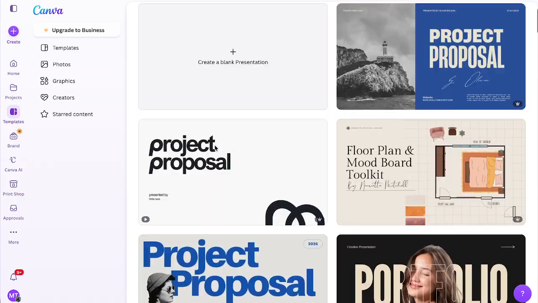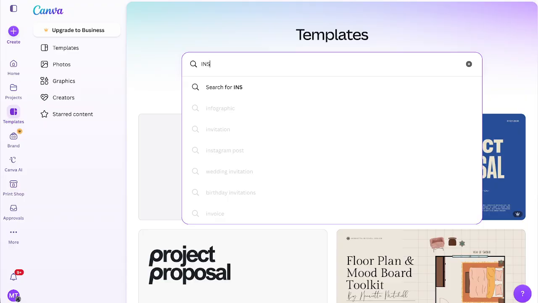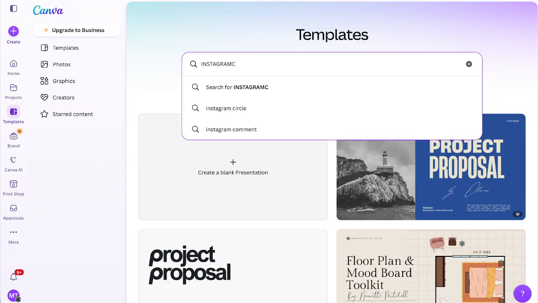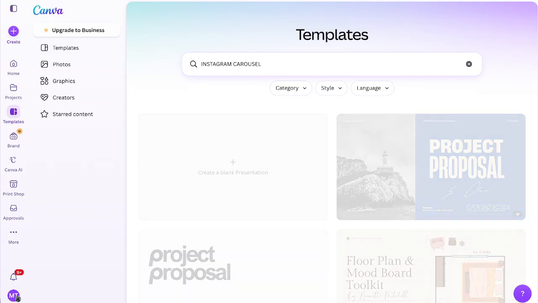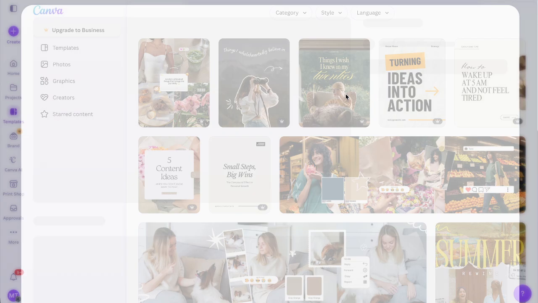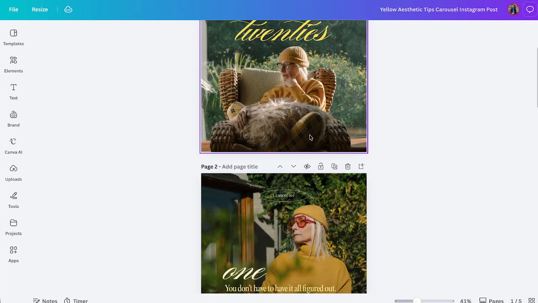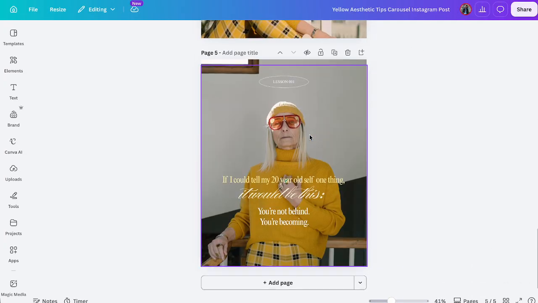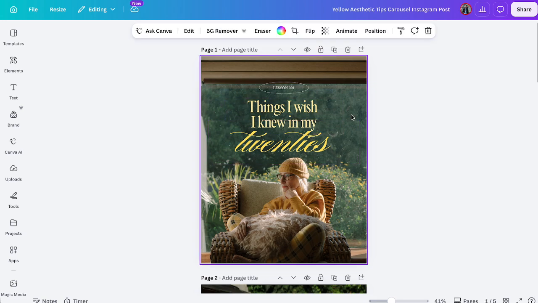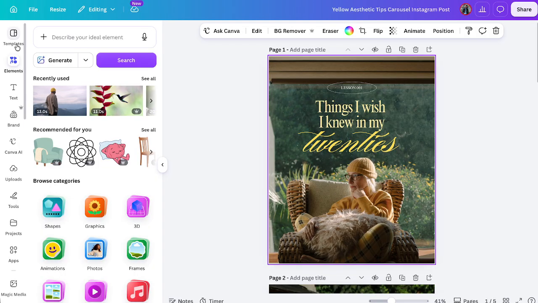So first we go to templates and we search for Instagram carousel. Afterwards, there's a lot of templates for Instagram carousels like this one. So we just customize this template and we have our very own Instagram carousel here. So we just put our very own images